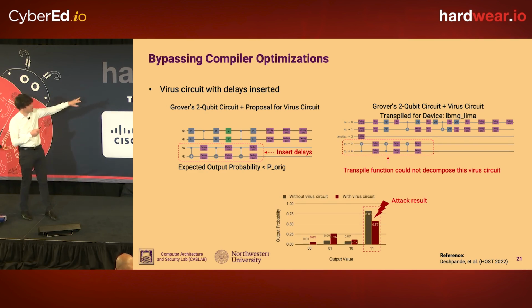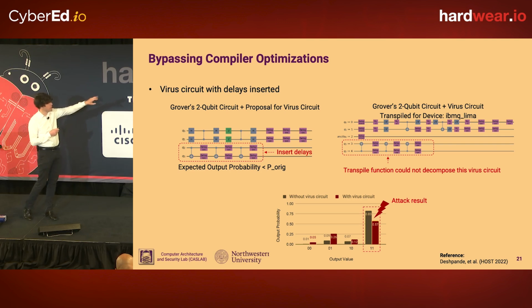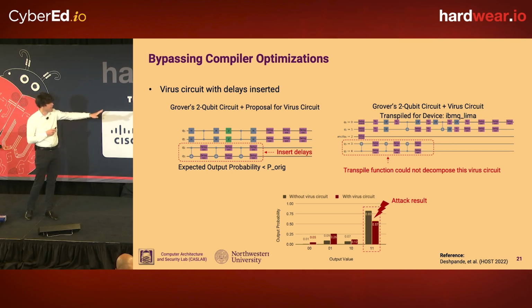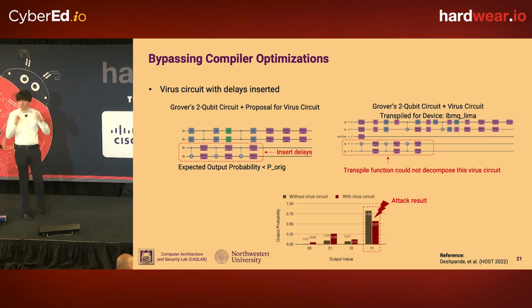And the end result is basically something like this. In these graphs, I should have explained maybe, the victim has 2 qubits, a 2-qubit Grover circuit. So there are four possibilities for the output, and in the normal case, the state 1-1 should have the highest probability. That's the correct execution of the circuit. But if you have an attacker, you can see that with the attack, and this is data from IBM machines, the probability of the correct solution is reduced, while probabilities of some other solutions are increased. In this case, you don't totally flip the solution. The 1-1 is still dominant, but you can see that the output decreases quite a bit.